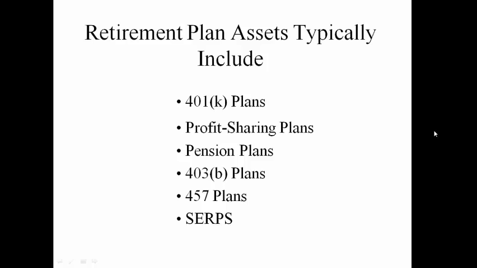exploring all of the different sections of retirement plan assets, the different categories. The overriding categories are called defined contribution plans versus defined benefit plans. And the sub-elements of each are as follows. I'm sure all of you have heard of 401k plans. 401k plans typically are funded with employee money on a tax-deferred basis, and they will include employer money if there is a match or if it's combined with a profit-sharing plan.